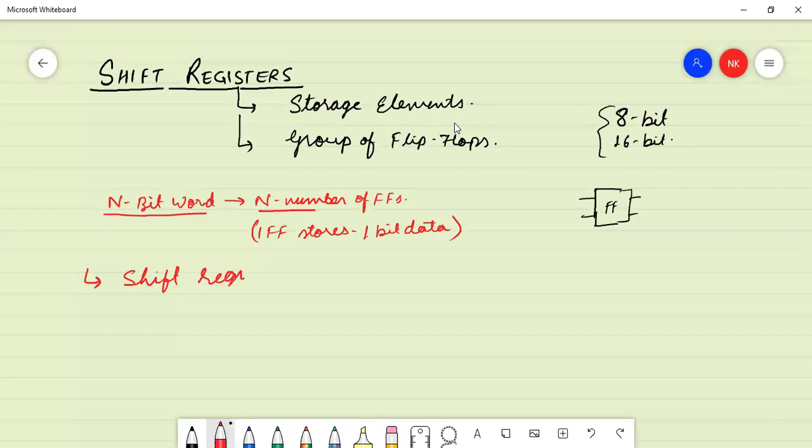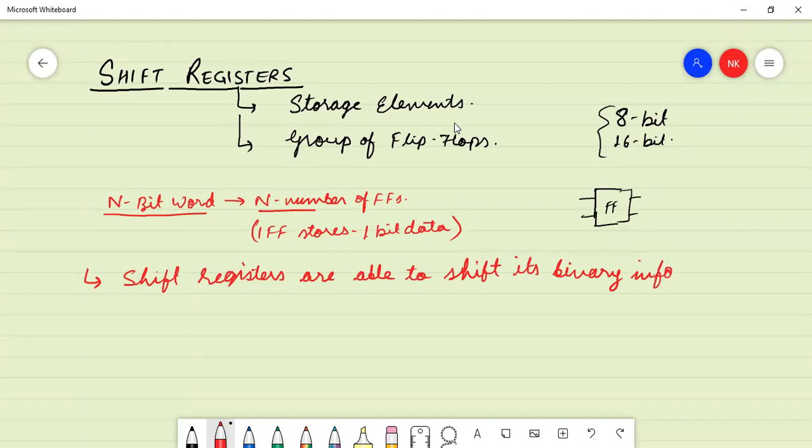Shift registers are able to shift its binary information. शिफ्ट रजिस्टर्स क्या करते हैं, ये एबल हैं शिफ्ट इट्स बाइनरी इंफॉर्मेशन। तो ये शिफ्टिंग कहां से कहां हो सकती है, लेफ्ट टू राइट और राइट टू लेफ्ट।